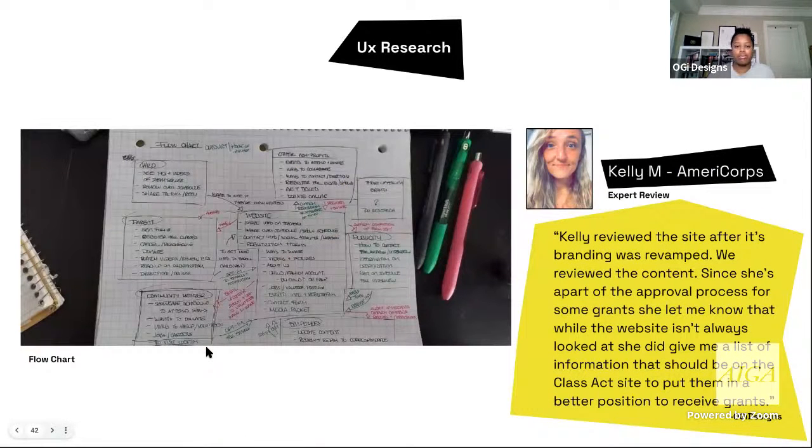I did a flow chart. I basically embraced UX research. I expanded upon the different users. I had a one-on-one with Richard talking about some of the goals that he had, and I wanted to make sure that the content on the site would address some of his needs. I focused on the child, the parent, community member, employees, publicity, organizations that offer grants, and other